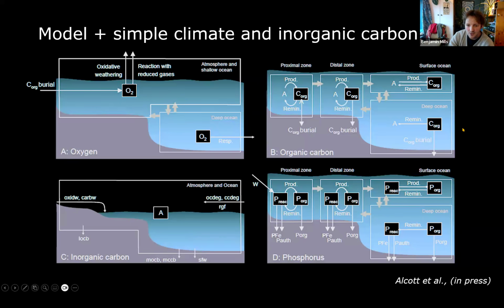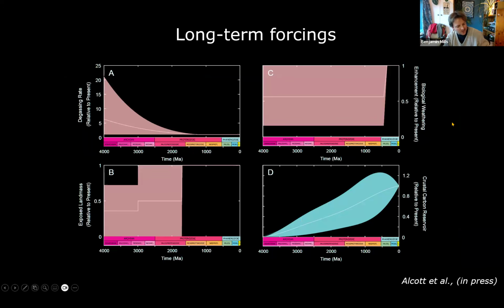history. Now, in order to run this over long timescales, we had to impose some kinds of external forcings. So these are the things we decided we would put into the model. So this is our degassing rate. This is taken from the Hayes and Waldbauer paper I showed earlier. We put very large uncertainty on all of this because we really don't know these fluxes very well. So degassing rates could have come down a lot over Earth history, or maybe they stayed broadly the same. We don't know. So we're going to throw in the entire range.